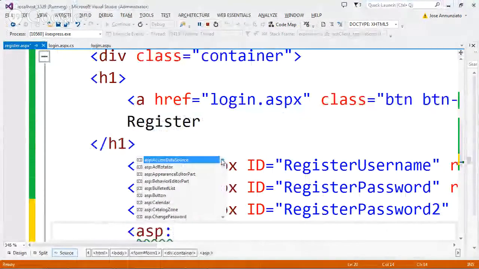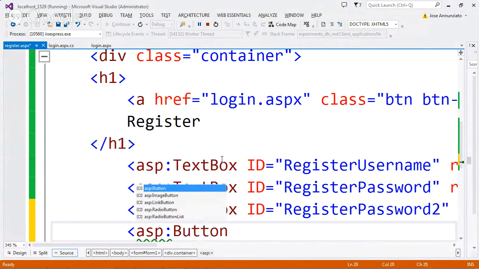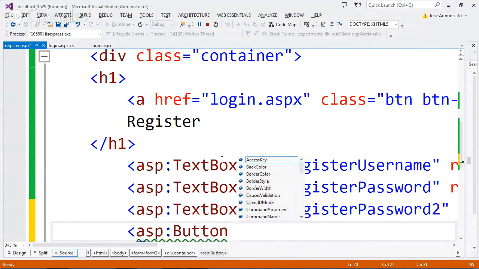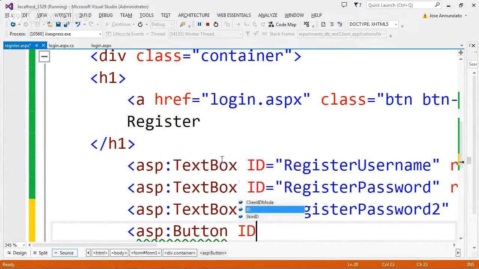Now, in this case, I do have to run some logic, right? I need to do some validation, make sure that the passwords match, that the username is not already there, right? And if everything goes okay, I need to actually insert the user into the database, right? So let's make it a button instead of a link so that I can run an event handler on the back end, right? And validate this, right? So I'll call this ID register button,